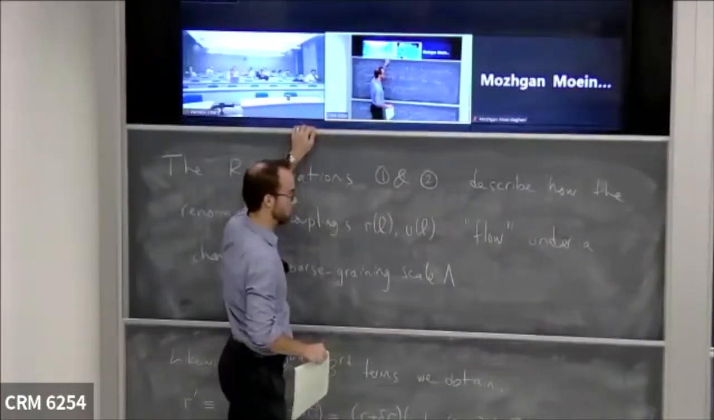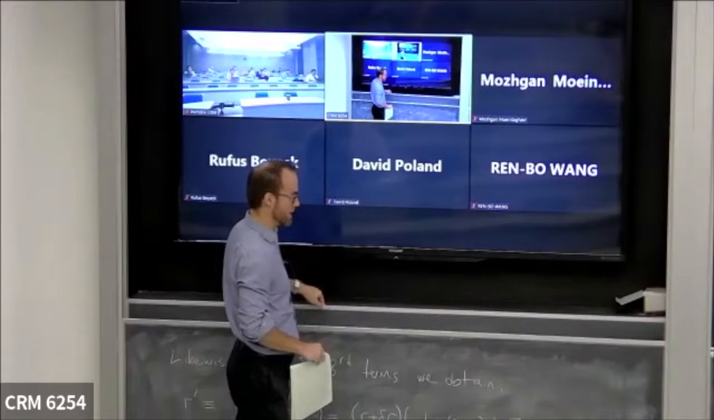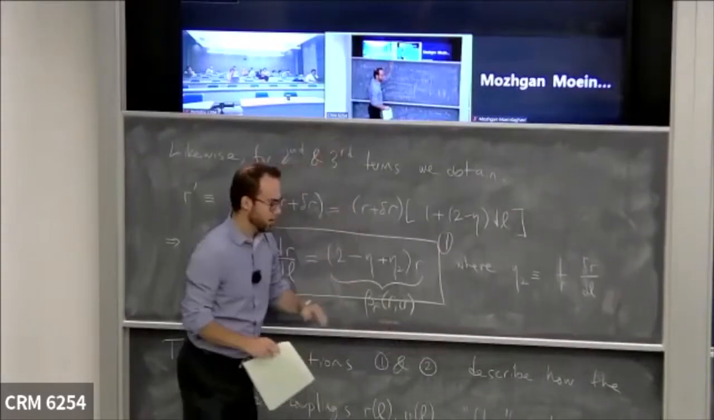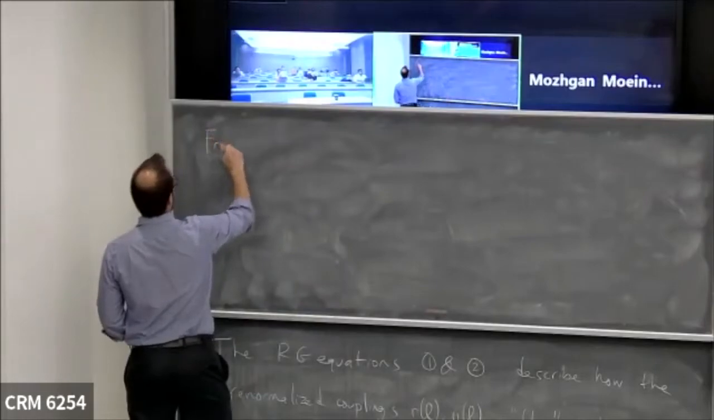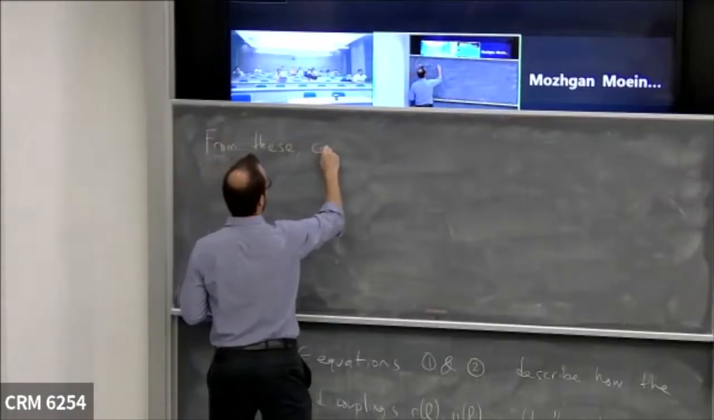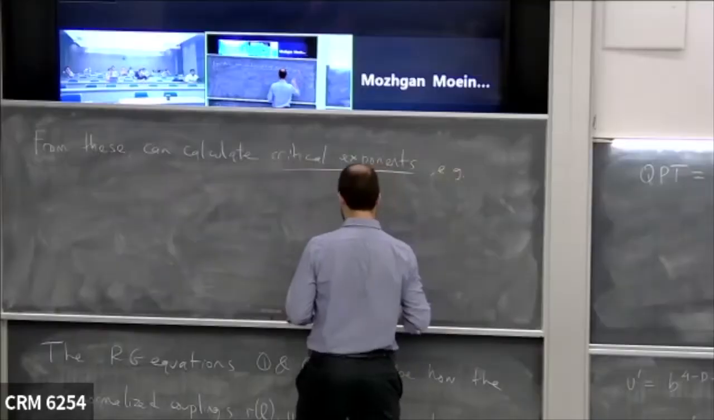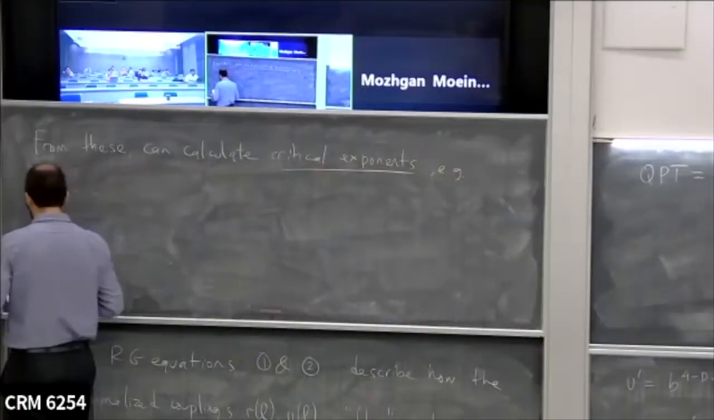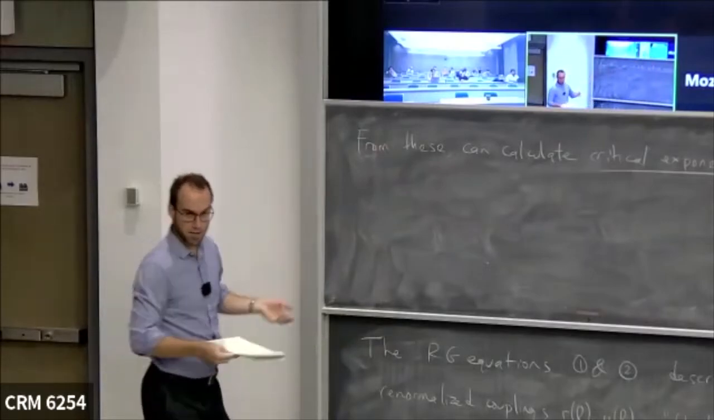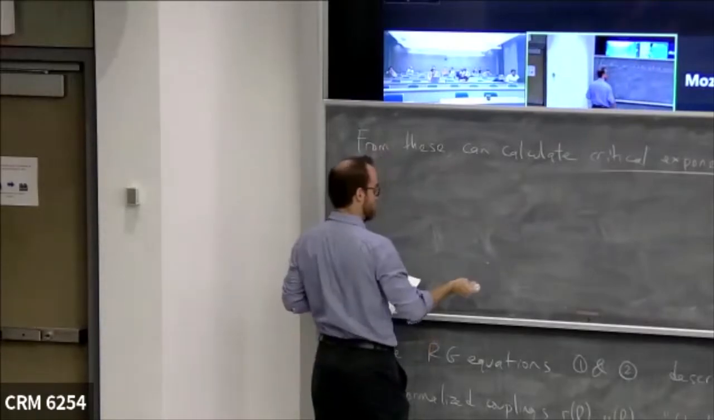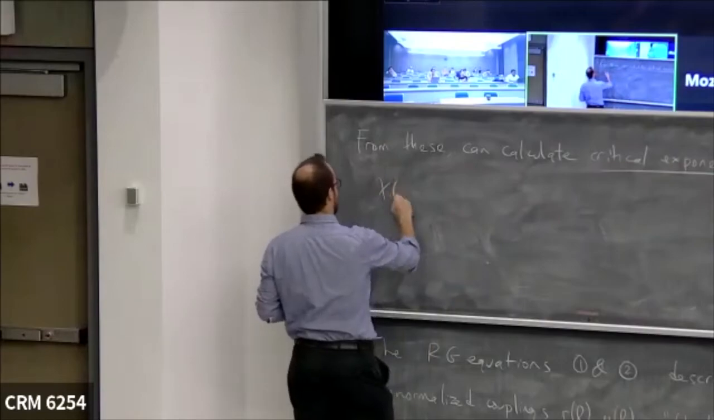Now, suppose we find such a fixed point. How does that help us compute critical exponents? From these, we can calculate critical exponents. For example, I told you that this eta was the anomalous dimension of the field. I didn't really show that, I just said that. How can we see this? Well, we can actually compute this